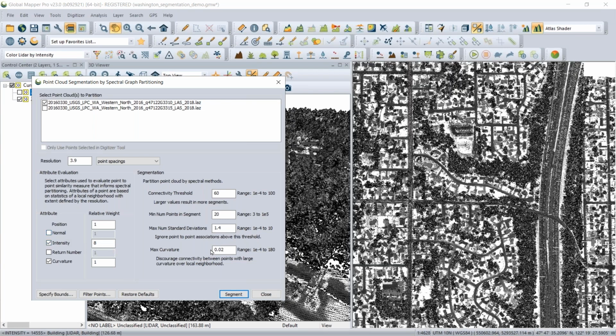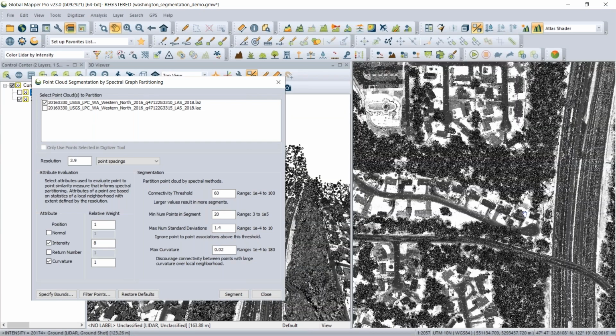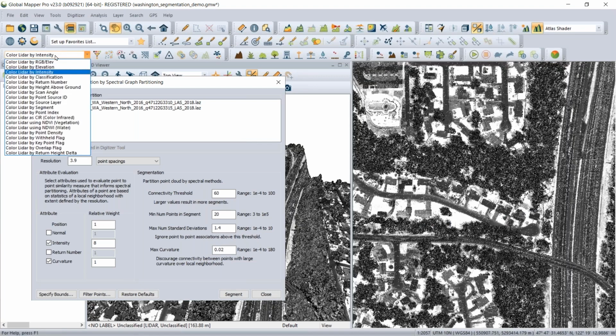We're looking at intensity right now in this point cloud. With some point clouds, this is a really good way to identify different things within the point cloud. Because this is kind of like a black and white photo, it's really telling us a lot about properties of the surface. We can also use the return number. So for this particular data set,